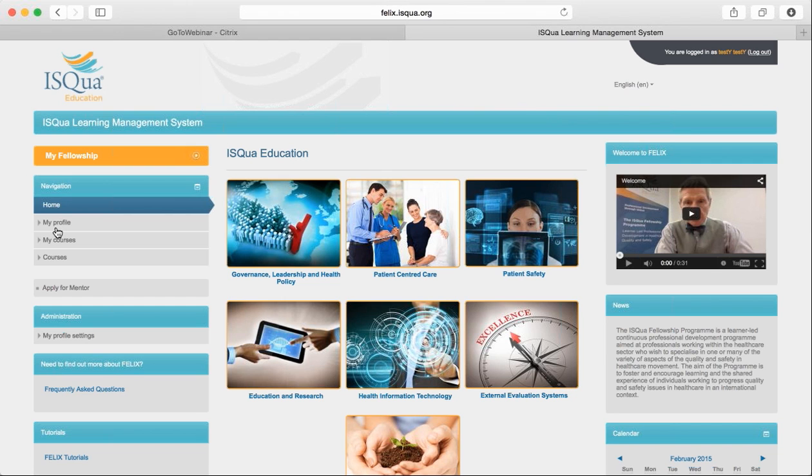Now we move on to the next section of our tutorial today, which is how to monitor your fellowship progress and the benefits of the My Fellowship page. You can monitor the progress of your fellowship on the My Fellowship page, which can be found at the top left-hand side of the navigation panel. So if we click My Fellowship,